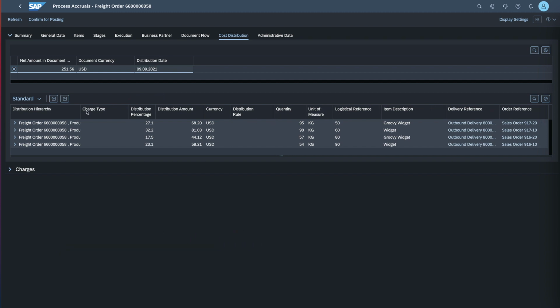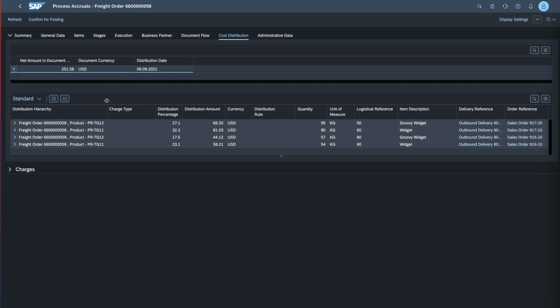So most of what I discussed at the beginning, you can find here. So again, at the freight order level, we can see that the total freight cost amount is $251.56. But we've also seen that some charges have been applied at the product level and some charges have been applied at the freight order level. So bearing in mind that we have this total cost, if we drop down to the distribution hierarchy, we can see here a distribution percentage. And what this is telling us is that